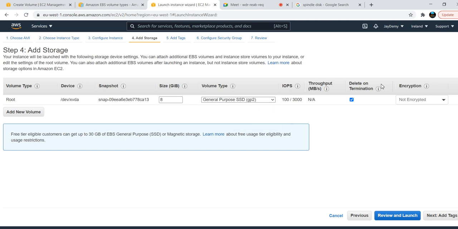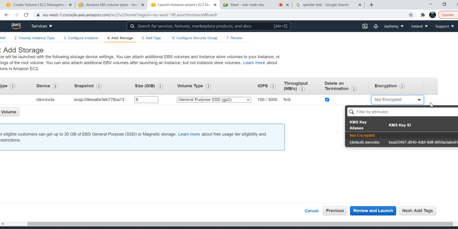Coming to encryption: the data which we are storing under this EBS needs to be encrypted at rest, as opposed to data in transit. In this EBS volume the data will be at rest, so what we store needs to be encrypted for security purposes. This is done with KMS, the Key Management Service in AWS.